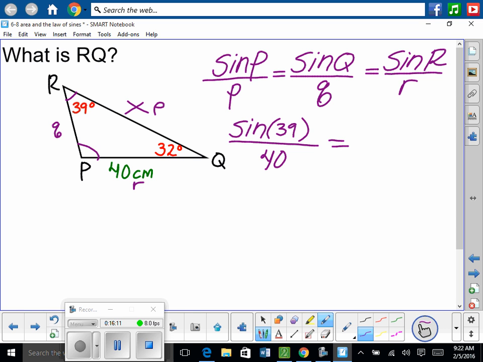So won't we need this angle and then this side? Yeah. So can we find that angle pretty quickly? Okay, let's find it. 180 minus 39 minus 32. What was it? 109. So we have 109 degrees. So we know that sine of 39 over 40 will be equal to sine of 109